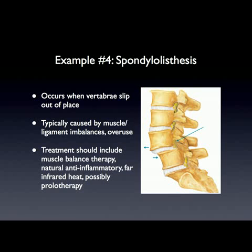And example 4, spondylolisthesis. Again, this occurs when a vertebra slips out of place. Typically, you'll have a vertebra slipping back and putting pressure on the spinal canal, therefore putting pressure on one or multiple nerves. The major causes tend to be muscle and ligament weakness or imbalances,